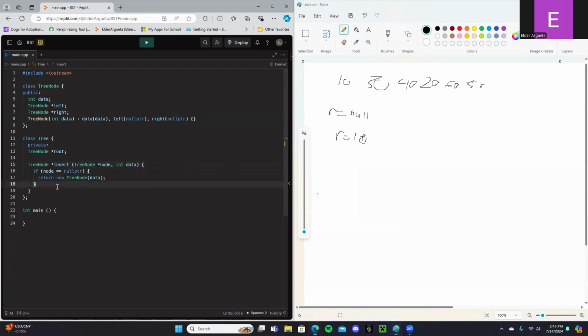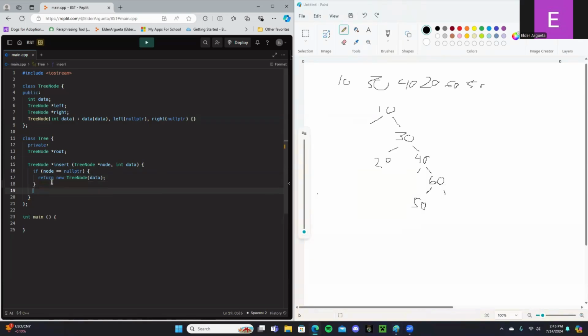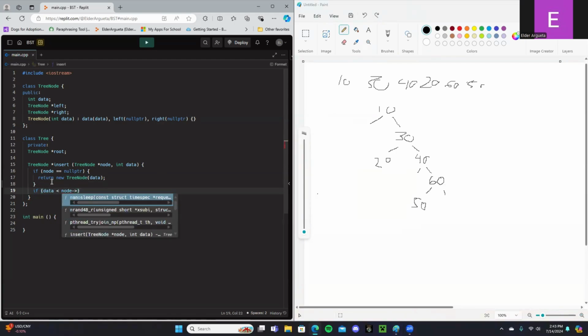So root would be our 10. I'm going to show you this later. Let me just go back to what I just had. Okay. Now, if the data that we're inputting is greater than the current node's data,